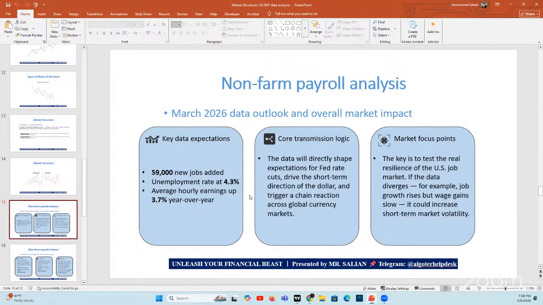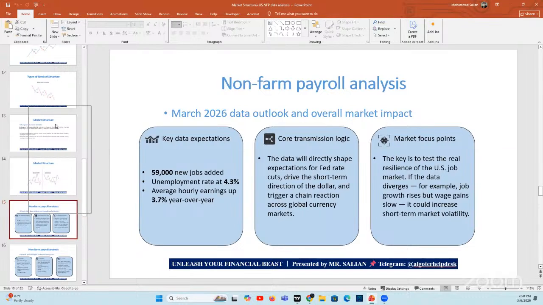This report shows how many new jobs were added in the US economy, excluding farm workers. That's why it's called NFP, non-farm. So it means everyone in the manufacturing,